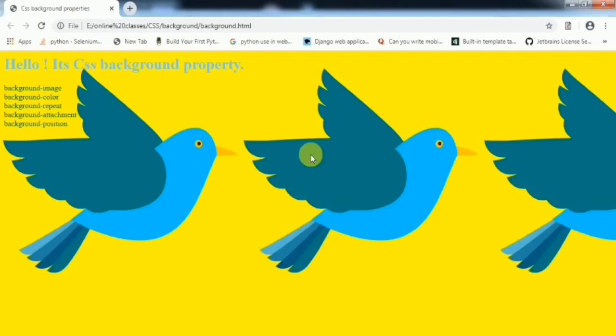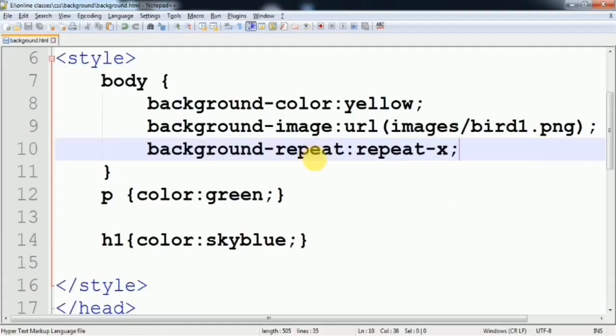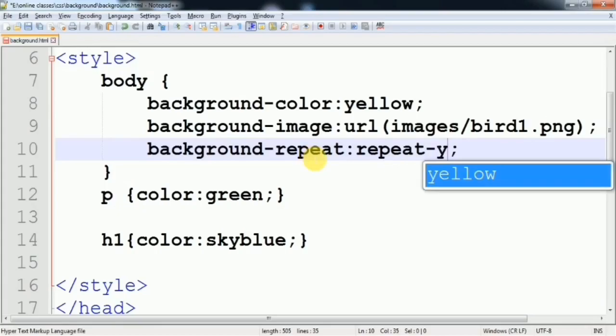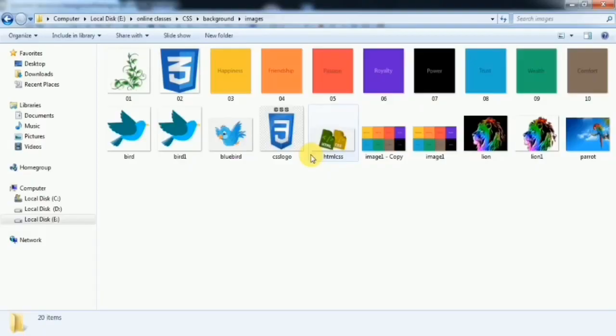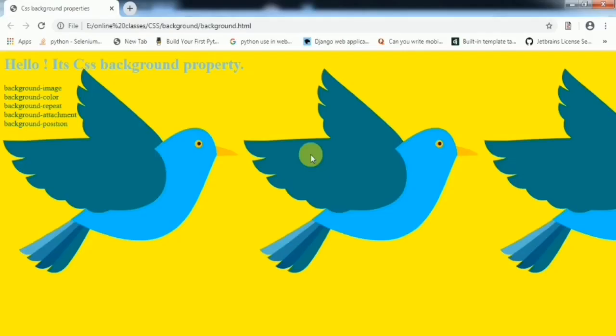Is it clear? Now instead of horizontally, if I want it vertically, then I give the value repeat-y. Control S must be pressed so that the changes are applied in your current file. So here we see that the picture repeats vertically.